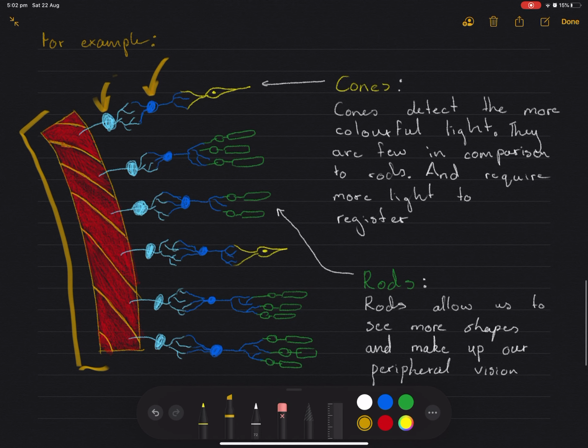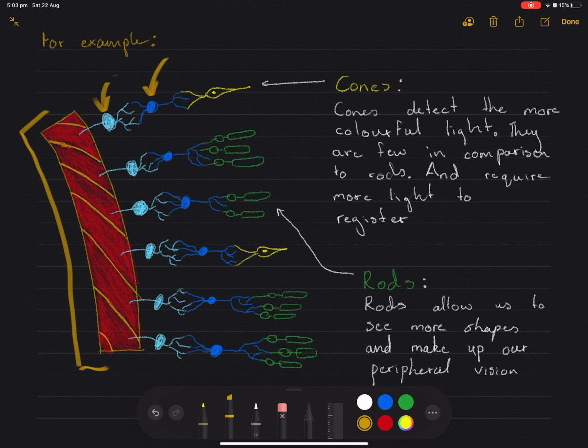And there's actually quite few of them, especially in comparison to rods, right? So for every sensory cell, there is only one of these cones. You don't have to go into that much detail, but you basically just have to know that there are a lot more rods. It requires a lot of light to register, and it sees all of the colorful colors that you can see,